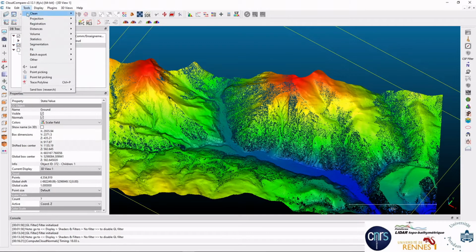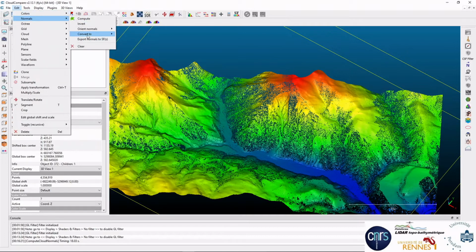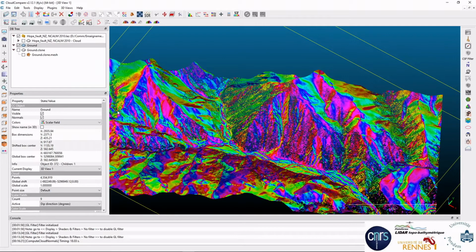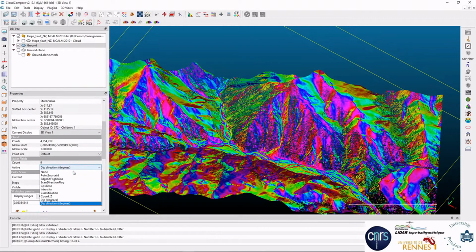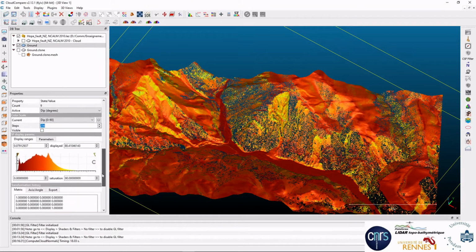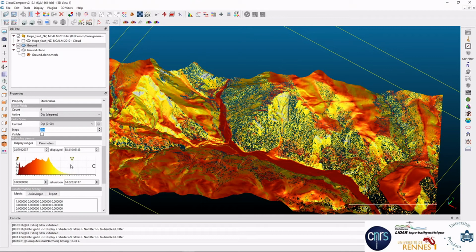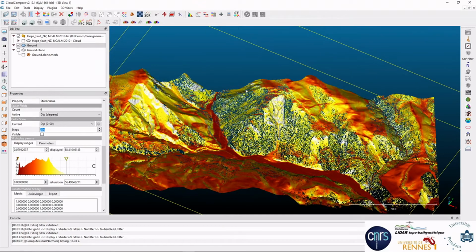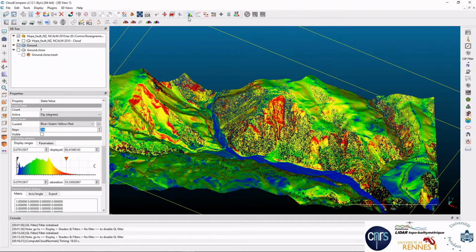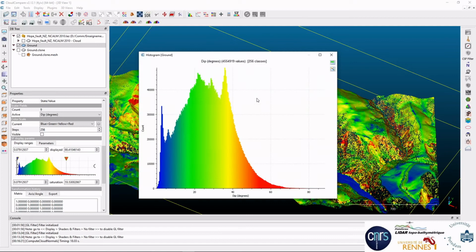If we convert the normals to dip and dip direction here, and we look, for instance, at the dip degrees, here is the distribution of slopes. If we use this color like this and we look at the histogram, it's interesting. We see a few specific peaks.